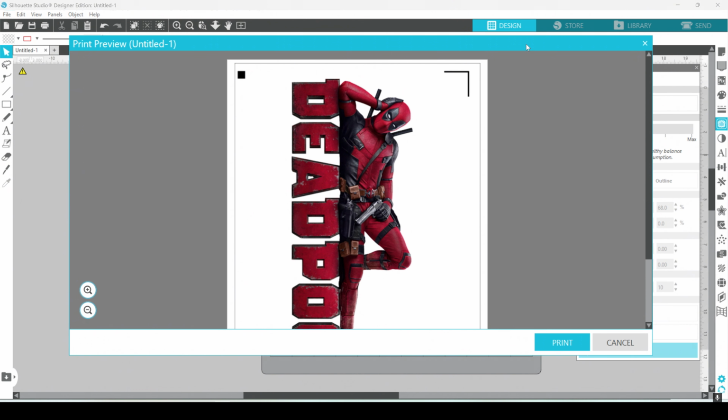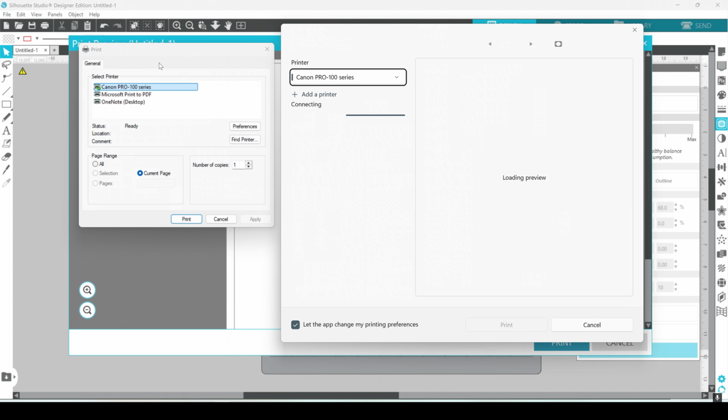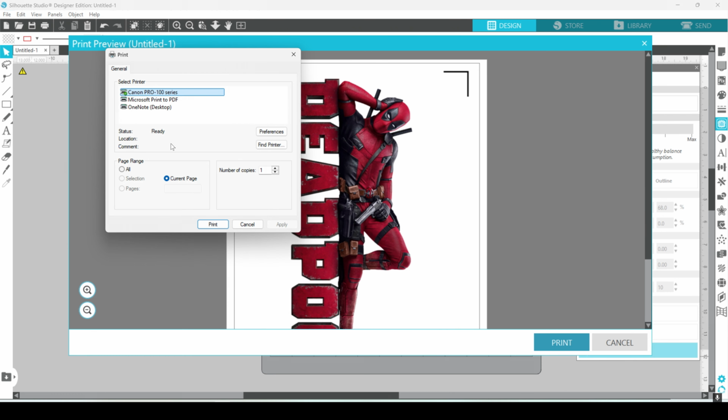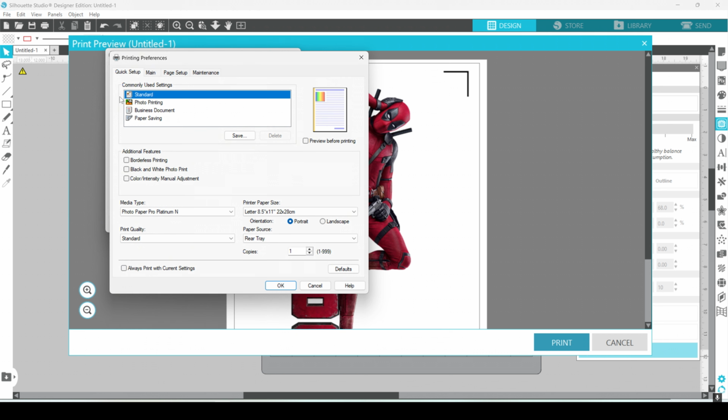Okay, and so it'll bring you to this preview, and then if you hit Print, what I like to do then is, you notice mine will bring up these print menus. I like to go into this particular print menu, and then click Preferences, and it brings up a more detailed menu. Let's go back to standard. I'm going to leave it as standard, and then for your media type, select a photo paper,